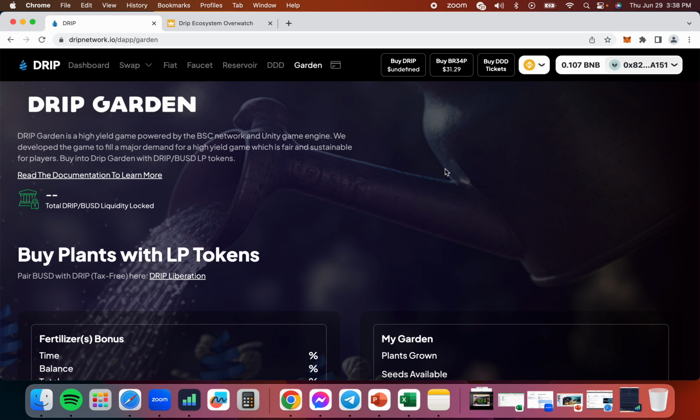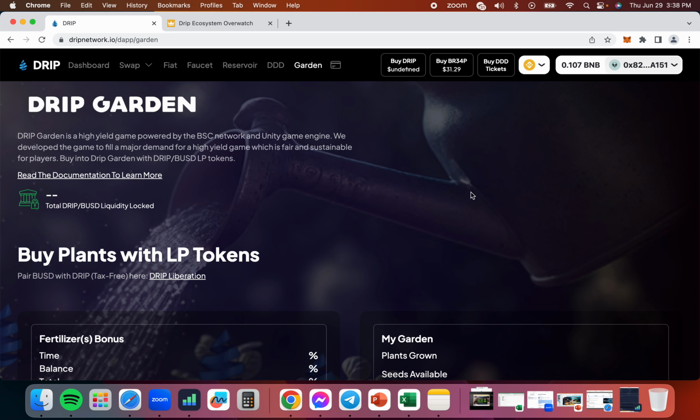Meaning, if you have 100 plants, tomorrow it will increase by 3.3 plants. If you have 1,000 plants, tomorrow it will increase by 33.3 plants. So 3.3%. And one more thing, the great news is you can capitalize with the principle of